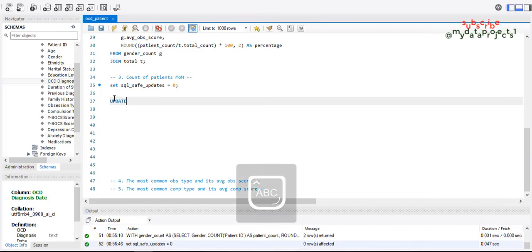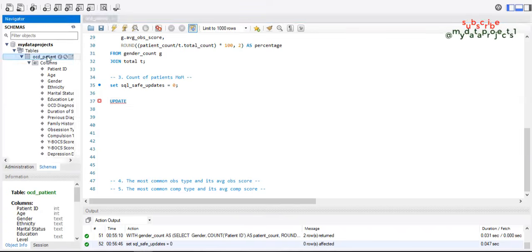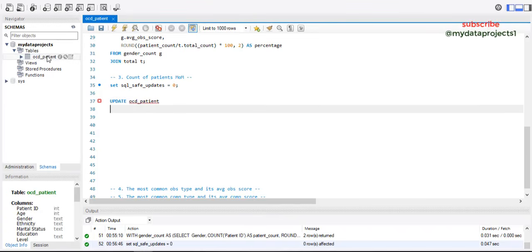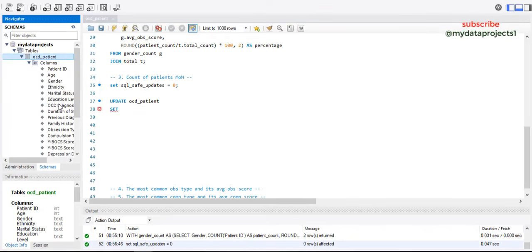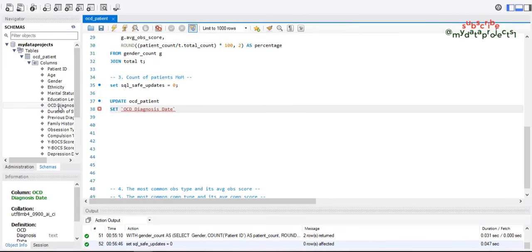So we update the table, and then you set the column equals to STR_TO_DATE,